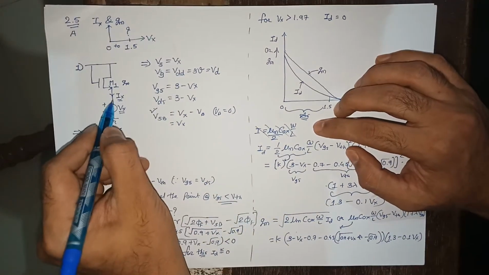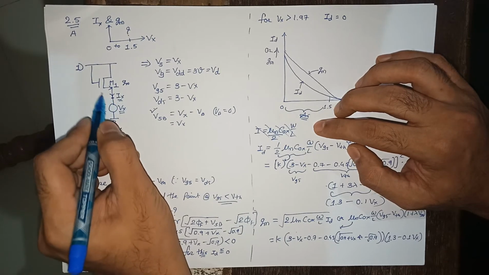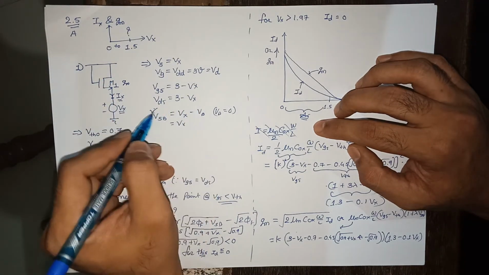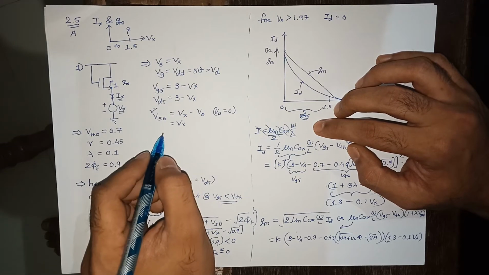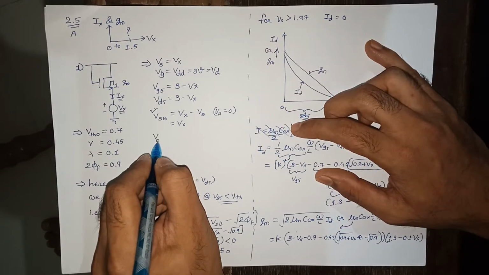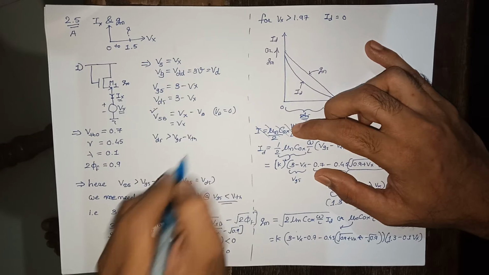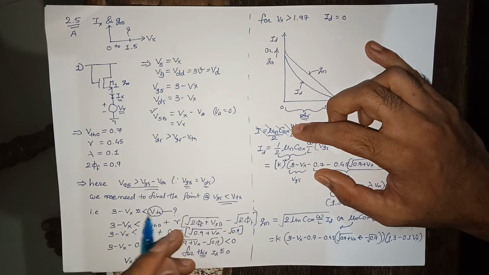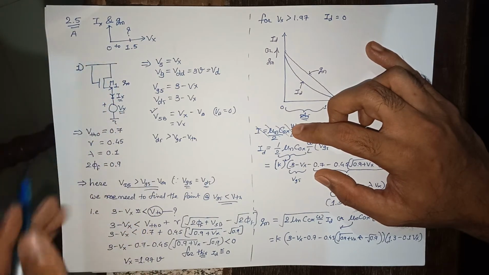So here, this is the Vx point, voltage Vx. VSB will be 3 minus Vx, VDS will be 3 minus Vx, and one important thing is that VDS will be greater than VGS minus VTH. I already wrote that here. Why? Because VGS and VDS are the same. This is basically a diode connected NFET.